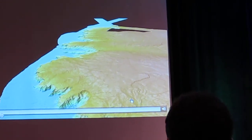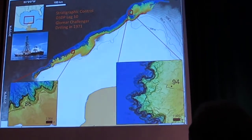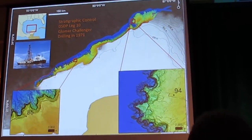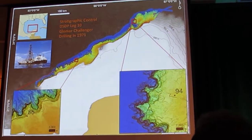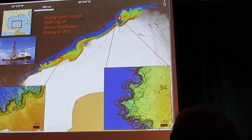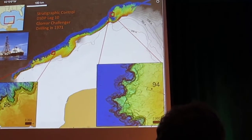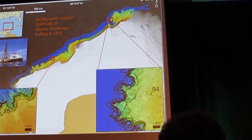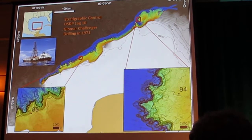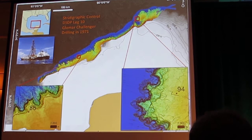Now, getting back onto the topic, though, of where the KT deposits were, it happens that fortuitously, the Deep Sea Drilling Project in 1971 drilled 2 holes on top of the escarpment. And this is a great example of sample and data archiving that was done, where the information about this drilling is well recorded. And at the time, they had no idea that there would be interest in the Cretaceous boundary